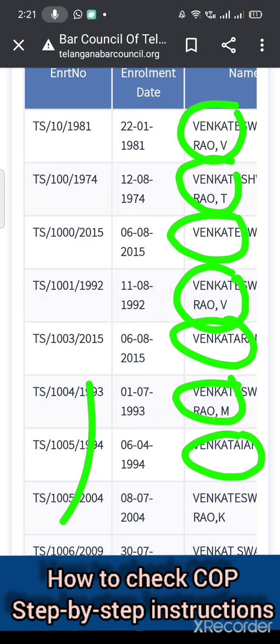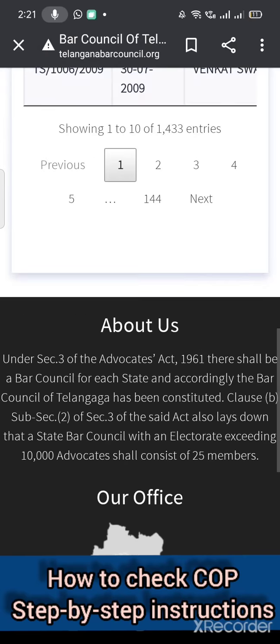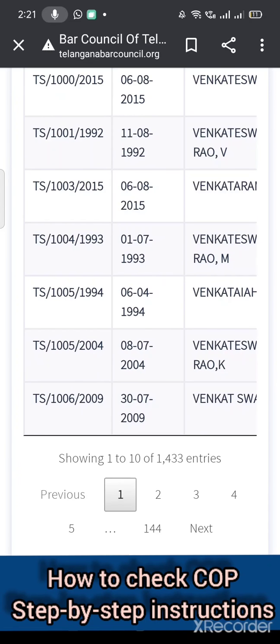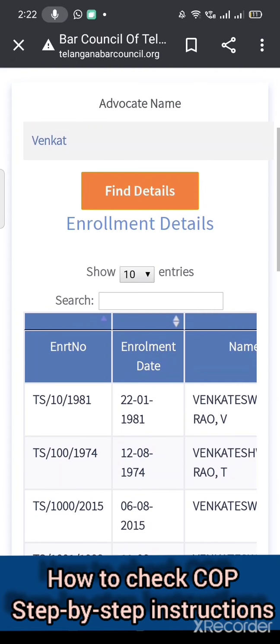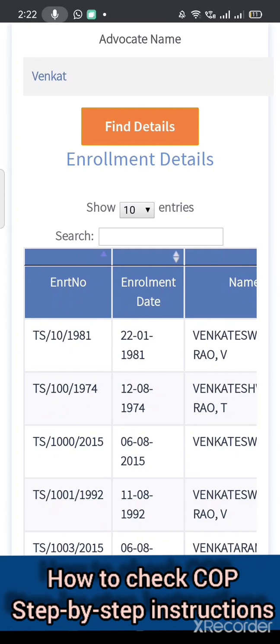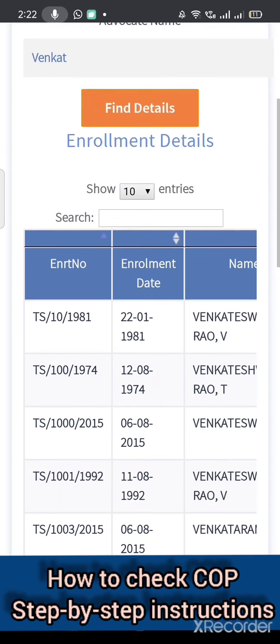And if I didn't find him on the first page, then we need to go to the second page to search. On the second page, if we do not find his name, then we need to go to the third and then the fourth. This is the process. And if we do not want to use this 1 2 3 4 option, the simple process is this: in one page, 10 advocate names are showing. If we want to search more than 10 names,